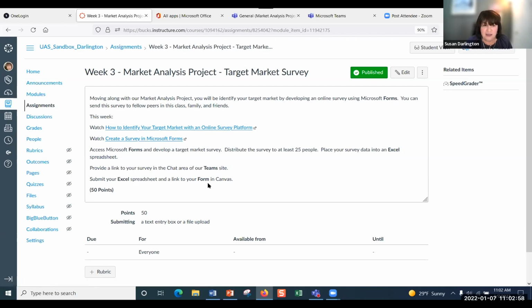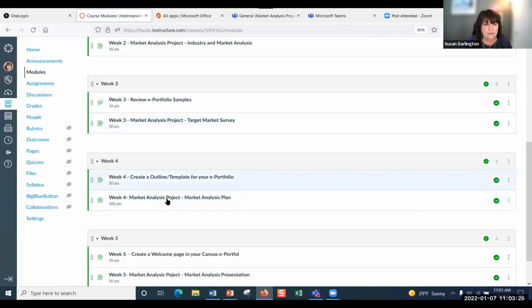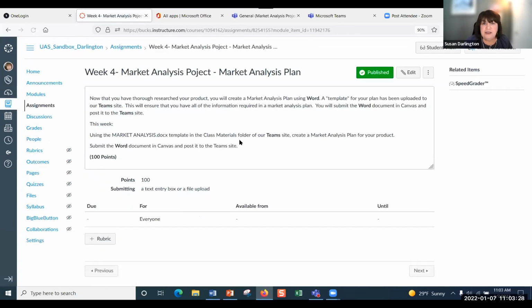And then they're sharing all of these with the other students in the class, in the chat area. And also they're submitting that Excel spreadsheet for point value. So everything they're doing, they're sharing there in Microsoft Teams, but then submitting it to you, the instructor, for points. And the instructor obviously goes into Teams and reviews what they're chatting about and whatnot. And then week 4 is that actual market analysis using that Word document, obviously worth a lot more points. And they use the template there to create that form.